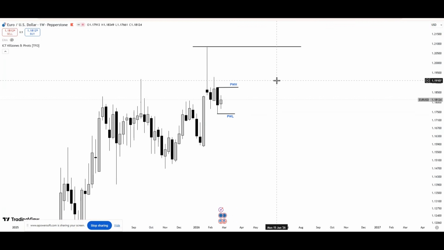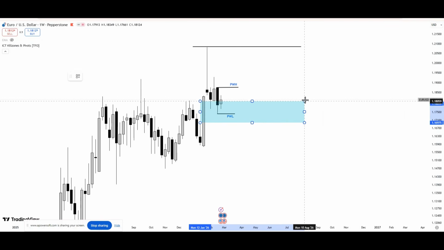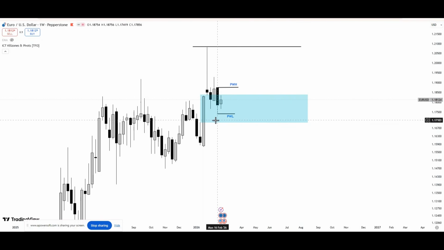On the weekly time frame, you can see it's similar to the dollar index, but now on the opposite side. You could see the dollar index on the weekly price is bearish. For Euro USD on the weekly, you can clearly see this market is bullish and price has not yet violated this fair value gap. As of now, price has just tagged this fair value gap, and because price has tagged this fair value gap, there's a possibility that we're likely to see a continuation higher, and that would mean dollar is bearish. Or if dollar is bullish, of course you'll see price will invert this and then we use this to push price lower. But as of now, we are still stuck in this range here.